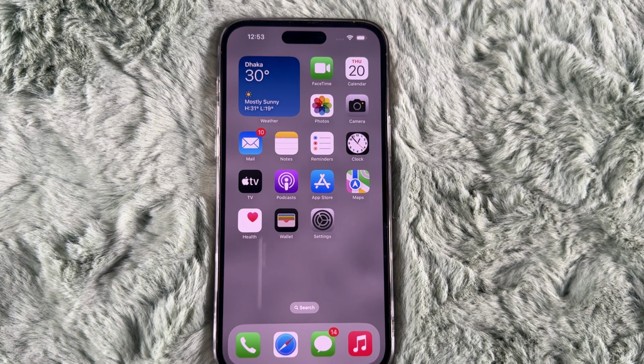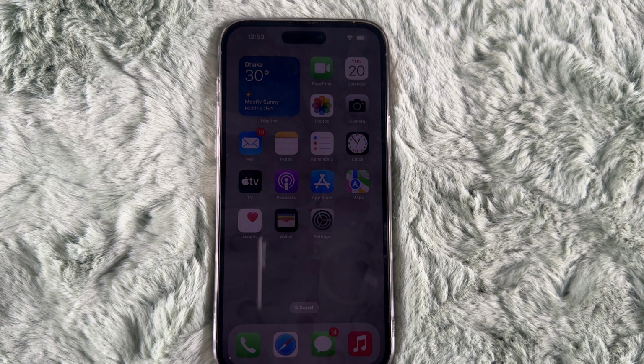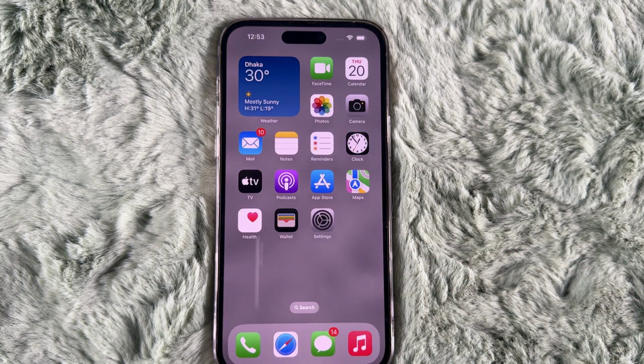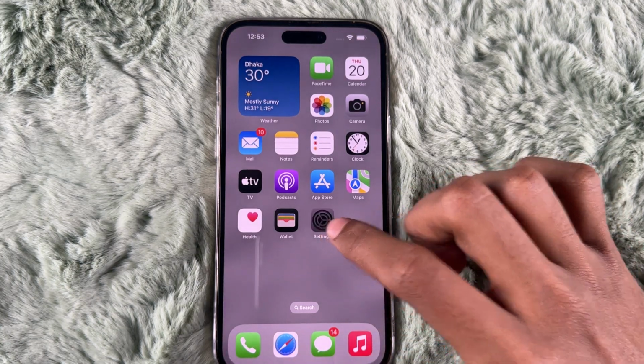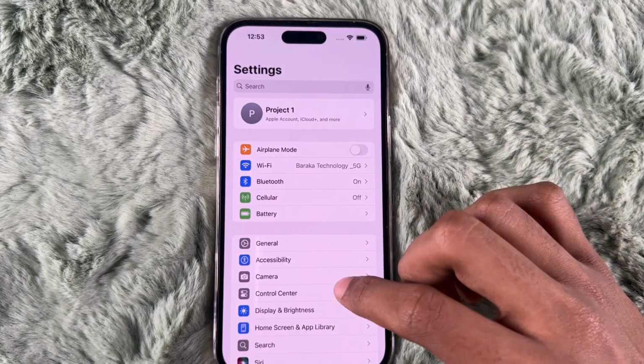Hey everyone, in today's video I will show you how to add a home button on your iPhone 16 lineup. Since your iPhones don't have a physical home button, we will enable a virtual home button using assistive touch. So let's get started. First of all, you have to open settings on your iPhone, then scroll down and tap